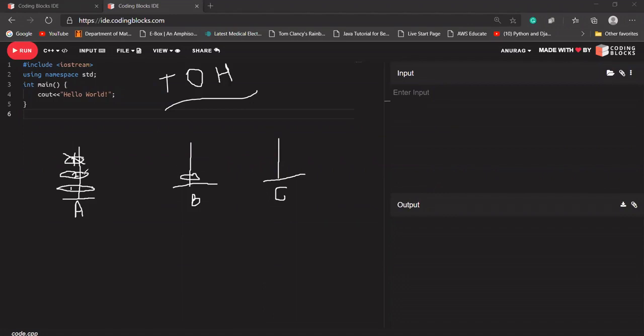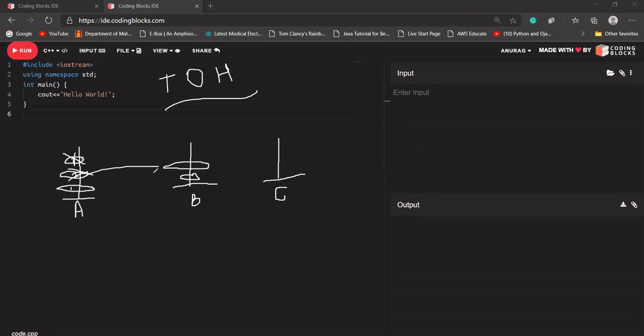Now if I want to delete 2 from here, I can pop this disc from this rod. But I cannot place it on top of that, because the disc at this position is smaller, and we cannot place a disc on top of a smaller disc. So it should be in increasing order from top to bottom. If I place disc number 2 there, it will be wrong. You cannot perform this operation.